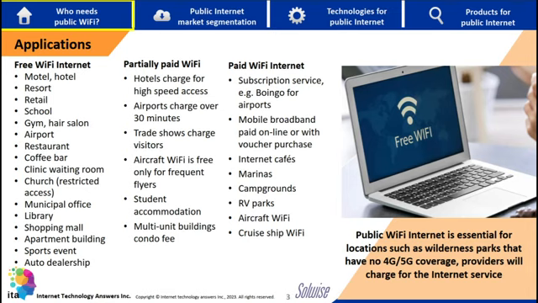There are other places. Marinas generally charge for the Wi-Fi because there's no 5G coverage. Campgrounds, RV parks, caravan parks generally charge for the Wi-Fi service. Once again, there's no 5G in those areas. And I mentioned aircraft Wi-Fi, cruise ships. If you go cruising, you're going to pay for the internet on the cruise ship. So you can see there's a lot of different applications, and